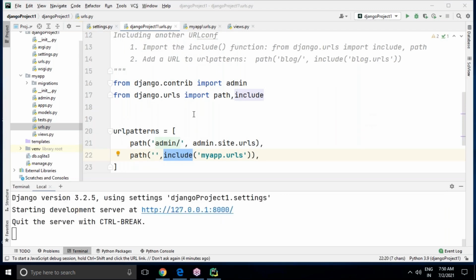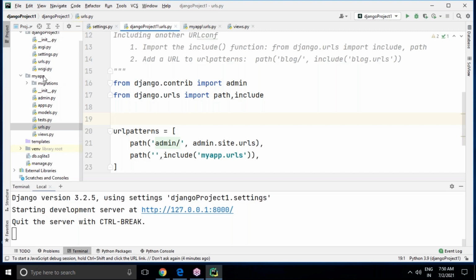What I'm saying here is, previously we worked directly with project level URLs. Whenever you work with project level URLs, your project may contain 10 applications, and each application may contain a number of views, but including all the application views in the single urls.py of the project level is not good practice.